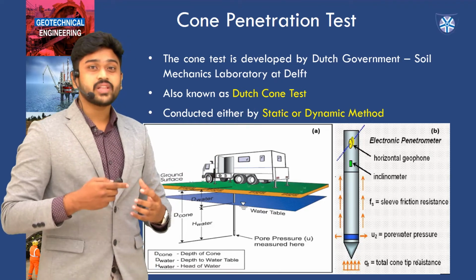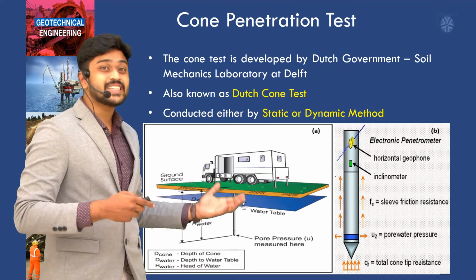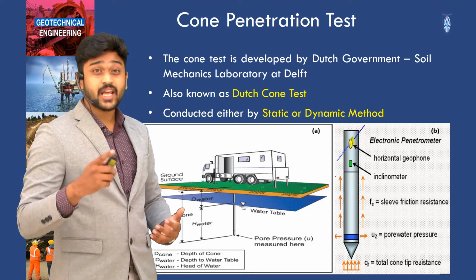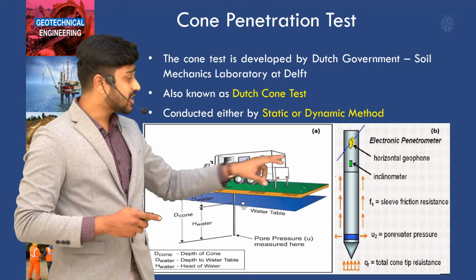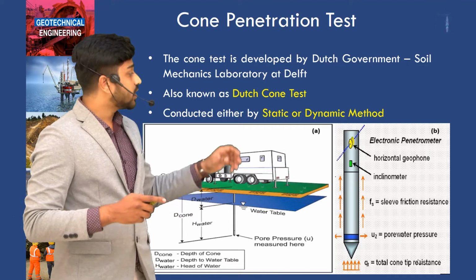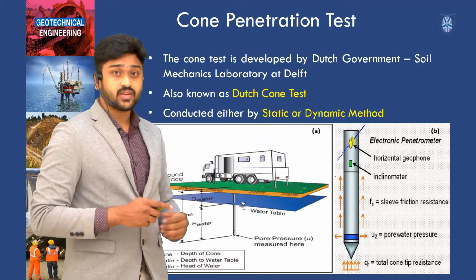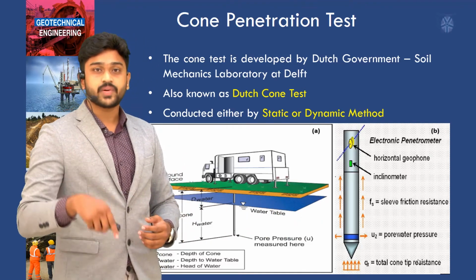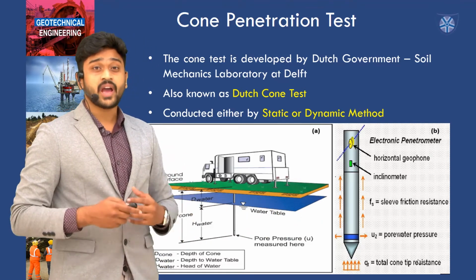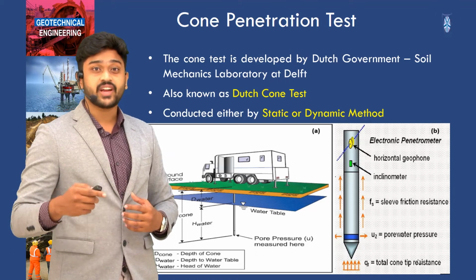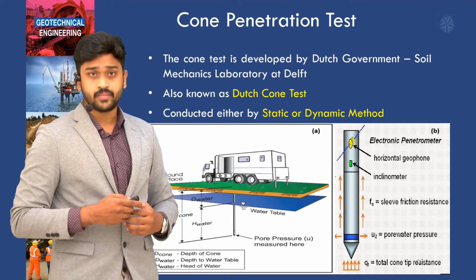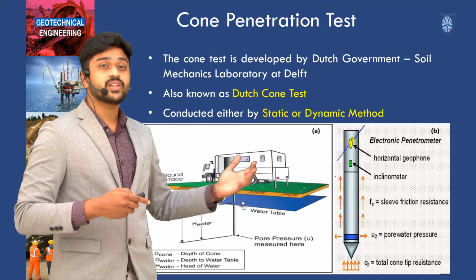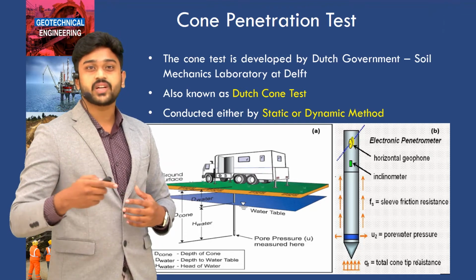Once we get all this, ultimately we need to determine the resistance of the equipment as well as the soil, and this can be done in two ways, as you can see in this diagram. It is either the skin friction resistance offered by the soil, or the end bearing resistance offered by the penetrometer. These two have to be evaluated, and we need to ultimately find the resistance of this particular soil. Let us now understand in more detail, so that after finding the resistance we can understand the bearing capacity of this soil.